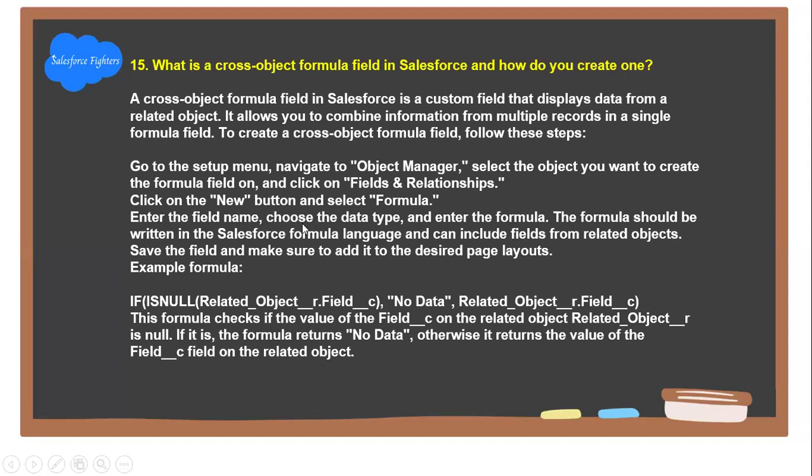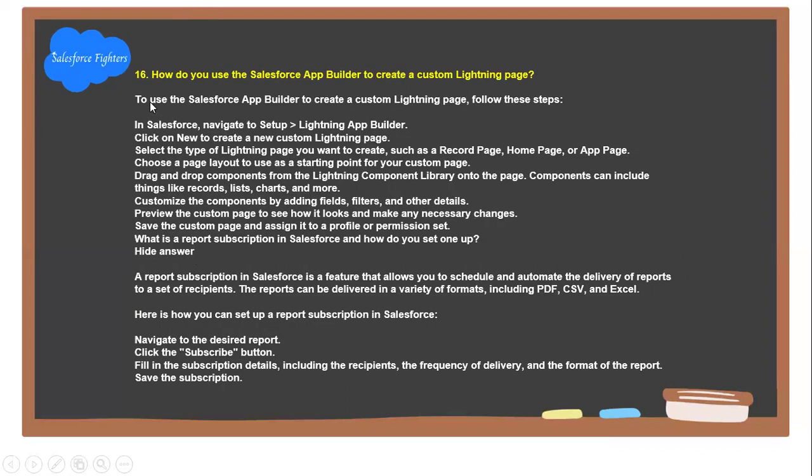Enter the field name, choose the data type and enter the formula. The formula should be written in the Salesforce formula language and can include fields from the related object. Save the field and make sure to add it to the desired page layout. Example formula. Next,